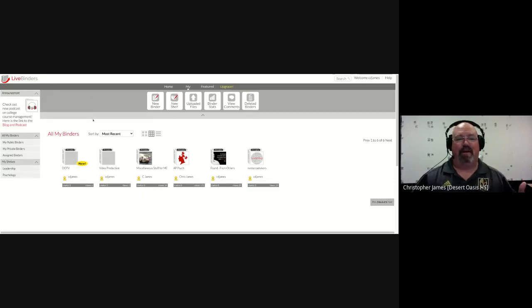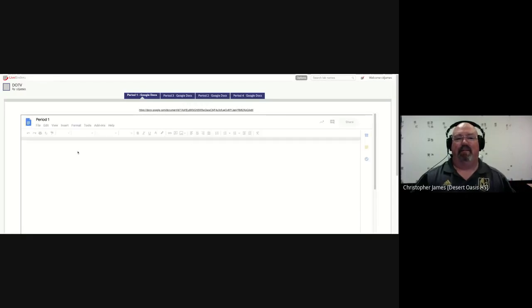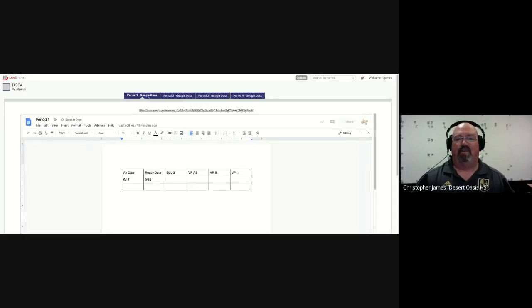So I thought, how about a binder? So I created a DOTV binder with 4 tabs, period 1, 3, 2, and 4, because that's A day and B day in my school. There's nothing there yet because I just figured this out. But if you need to be able to compare classroom to classroom to classroom with a basic template that remains the same, but information that changes based upon that classroom,